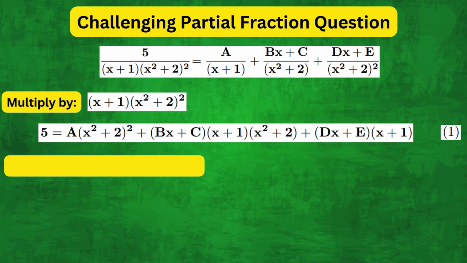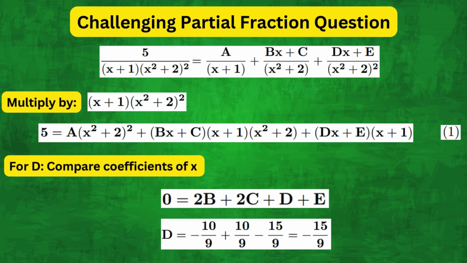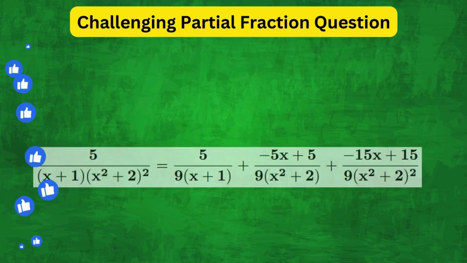And then finally, to work out D, we can compare the coefficients of x on both sides. So we get 2B plus 2C plus D plus E equals to 0. So plugging all the values that we've worked out, we get D equals to minus 15 over 9. Therefore, the final partial fraction decomposition becomes